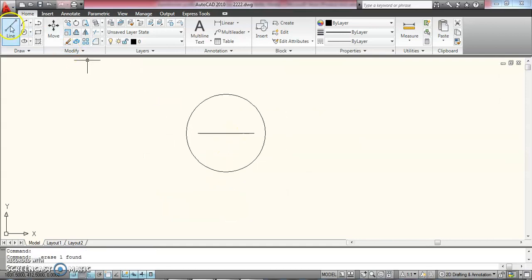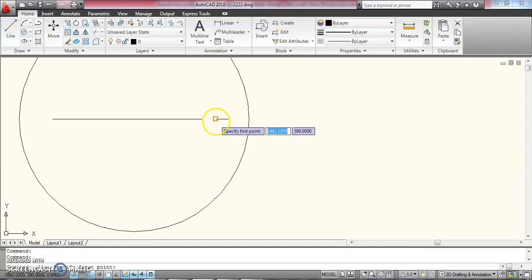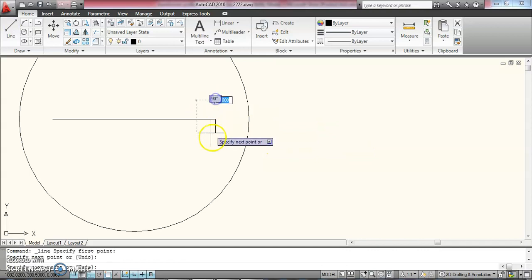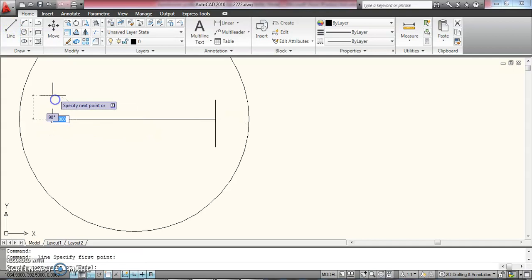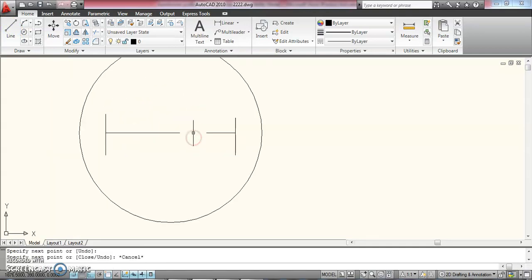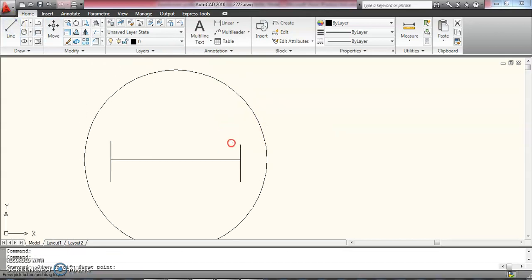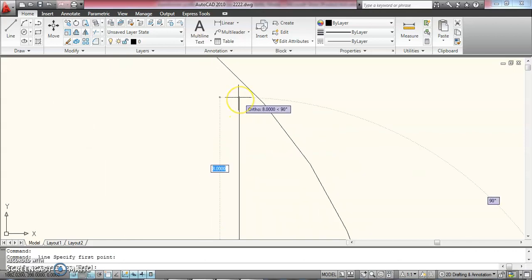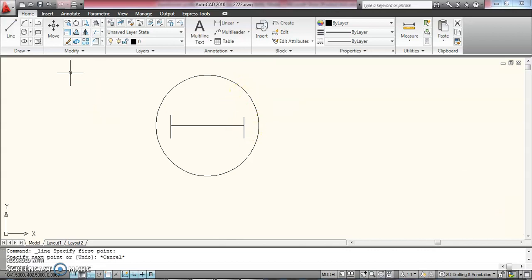Okay. So now what you have to do, take a line command, just draw a line like this. Again here, just draw a line. Now you have to extend this once you have drawn a line, because if you don't extend it, it will take more time to join. Again, if you simply zoom, it won't join. So that's why I extend the lines. So now I'll extend the remaining.